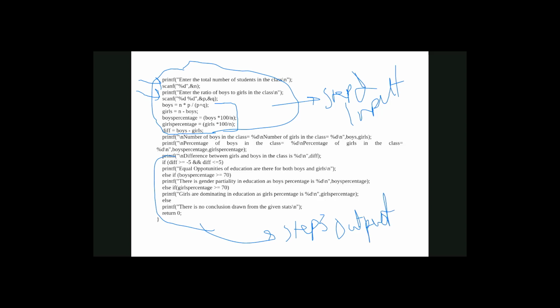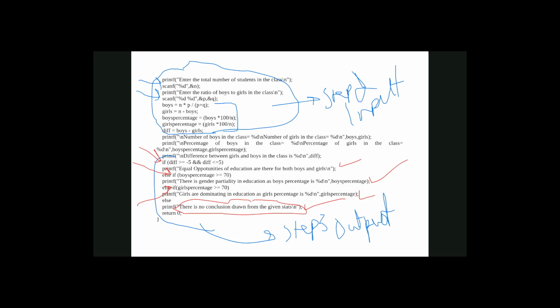So here you can see the ifs we have used. This is the first if, this is the second if, and this is the third if. So three conditions, so three ifs are used. But output will be only one. Output can be this, output can be this, output can be this, and if all the conditions fail, then output is this. So we have four outputs. If all the conditions fail, then this will be printed.